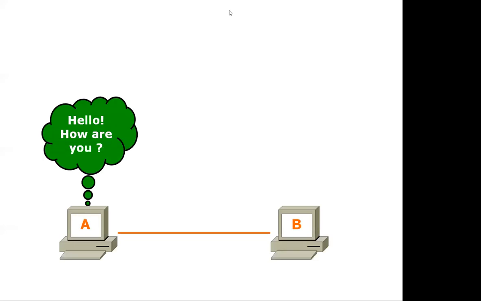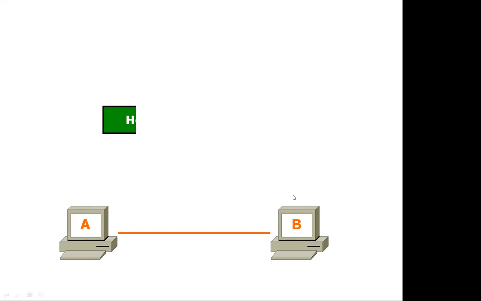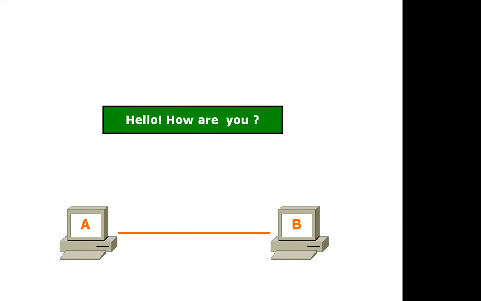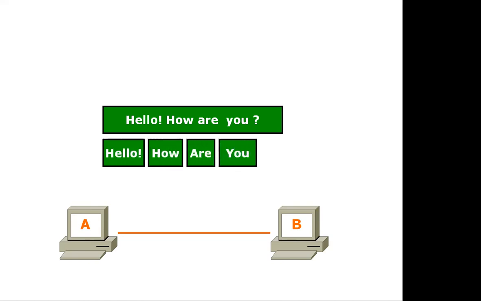Okay. So the main part of your transport layer is segmentation. For example, this is my PC A and B is your PC. I want to send "hello, how are you" to you. So the transport layer divides it into segments like hello, how, are, you, question mark, numbered 1, 2, 3, 4, 5. And after that,